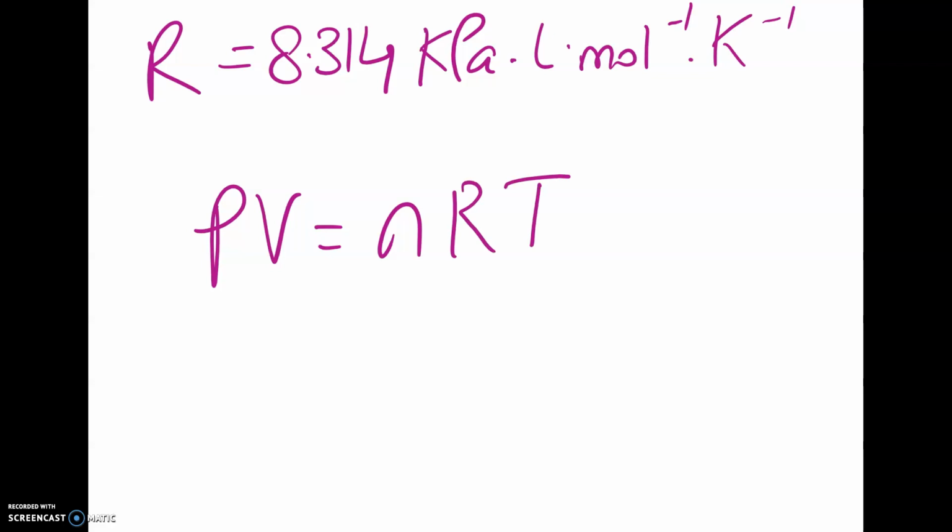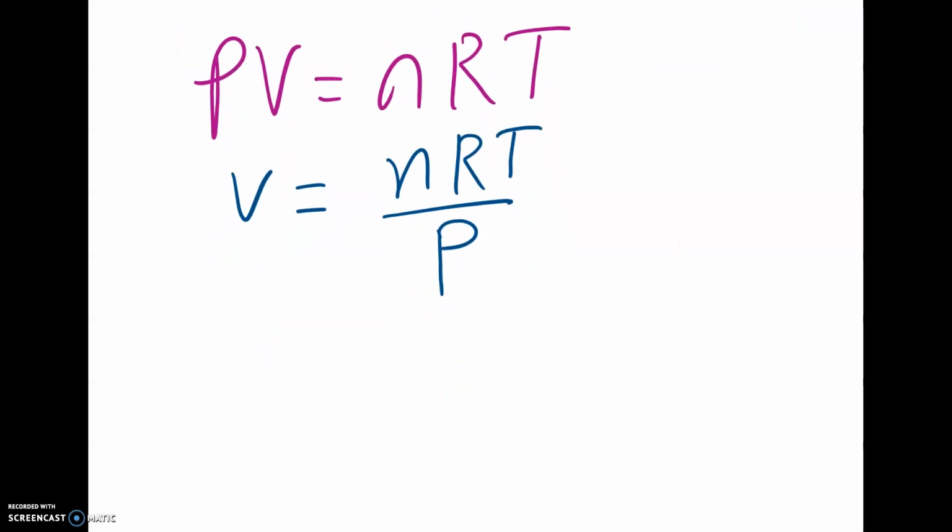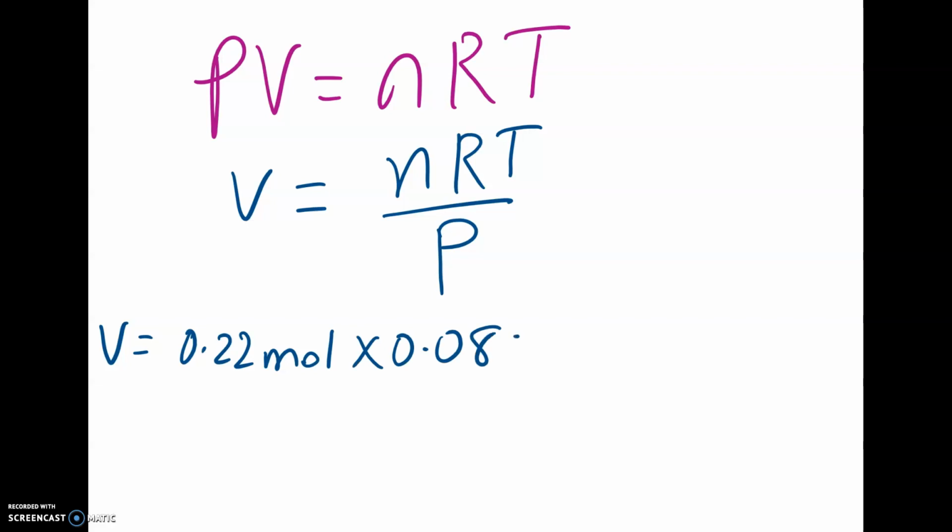So if I was to then put the equation together, originally I had PV equal nRT. I'm going to rearrange my equation because I need to work out the volume. It becomes nRT divided by P. And if I was to put in the different values, volume is equal to 0.22 moles times 0.0821 liters